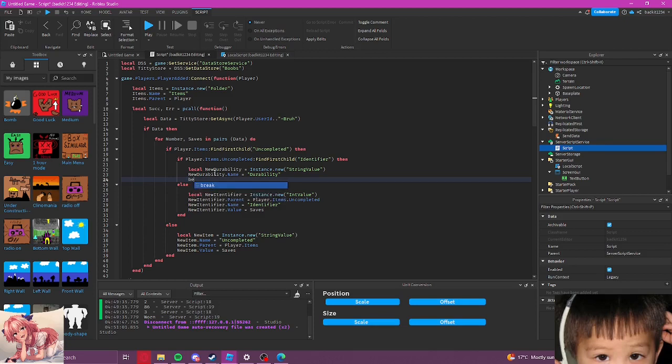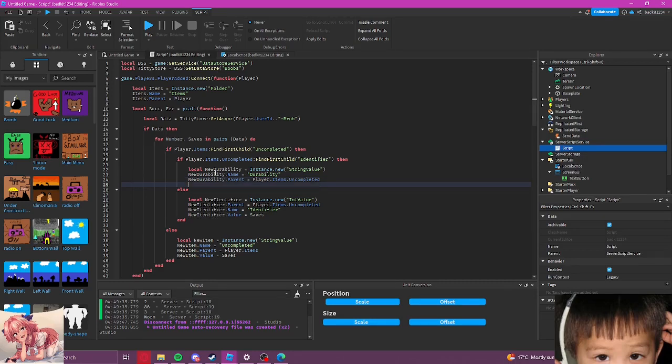And we're going to say newDurability.Parent equals player.Items.Uncompleted, and then newDurability.Value equals saves.